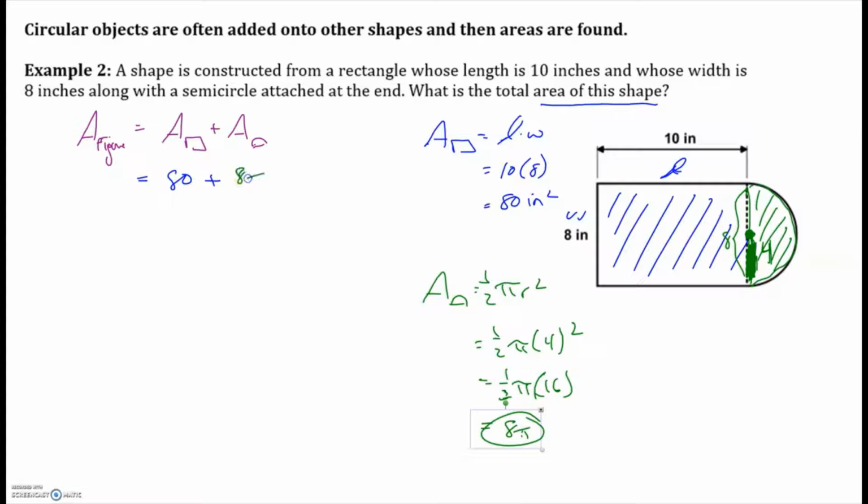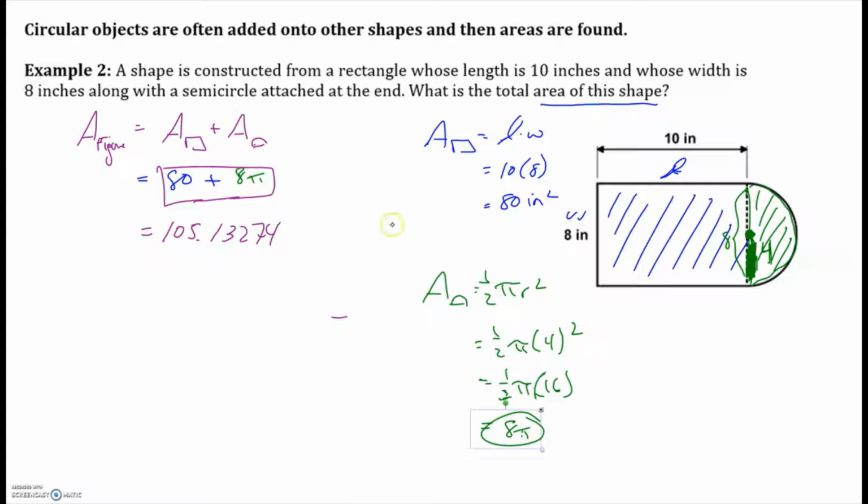So I can come up here, 8 pi. Once again, if they don't tell me to round, I can't physically add these numbers together. This would be my answer, right? If I can't actually add them together, that would be in terms of pi, right? Now, if I do want to add them together, or they tell me I can round them, then we're just going to plug into our calculator 80 plus 8 and pi. Again, we're going to use the pi button for that, and as a number,